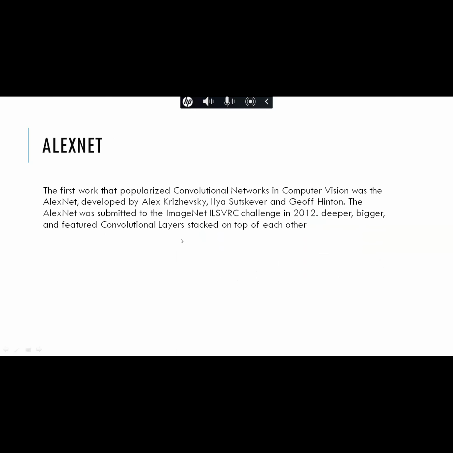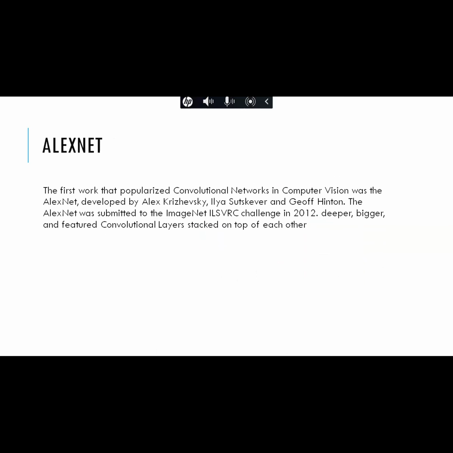So in LeNet, the first successful application of convolution neural networks, developed by Yann LeCun in the 90s, it was used to read zip codes and digits. Then AlexNet popularized convolution neural networks in computer vision, and it was developed by Alex Krizhevsky and